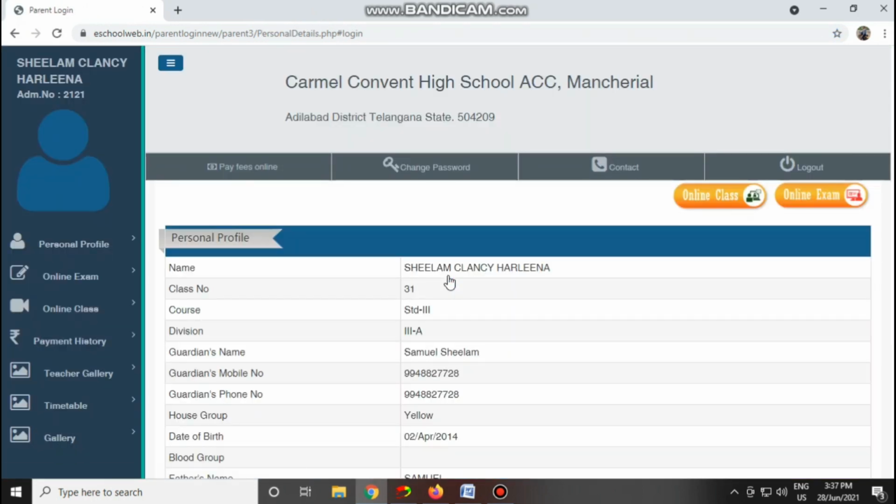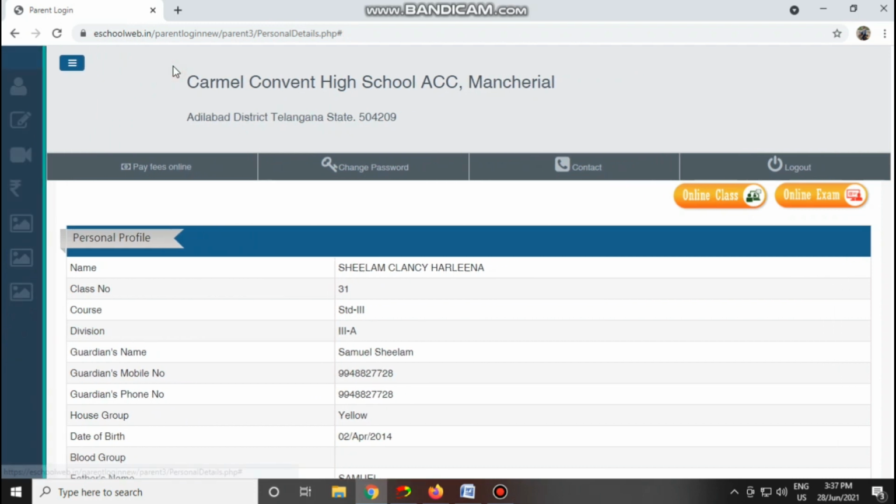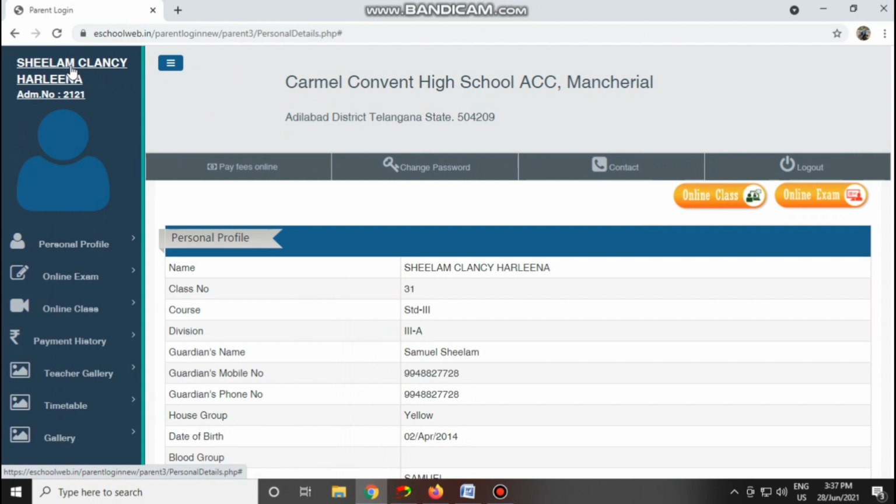It will open the student console window. There you can see your child details. On the left side one pane is there, called the left pane. On the right side there is an option, it will display the content of the page. The three lines will minimize and maximize your left side pane.